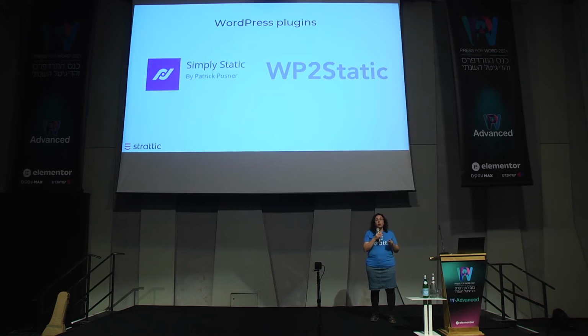Okay, so if you want to go the static route, which is generating a static version of the site, there are plugins available. There's Simply Static and there's WP2Static. In both of those cases, you need to set up the whole environment. You have to have the WordPress hosting environment, and then you have to have the static storage environment, and then you have to have the CDN, and you have to make sure that you invalidate the CDN properly when you update the site, and you have to make sure that the WordPress site can handle the load.